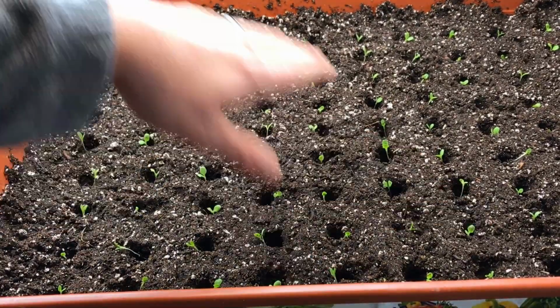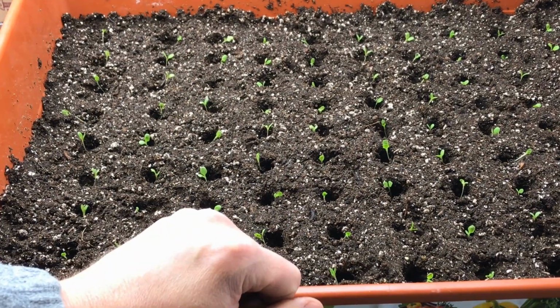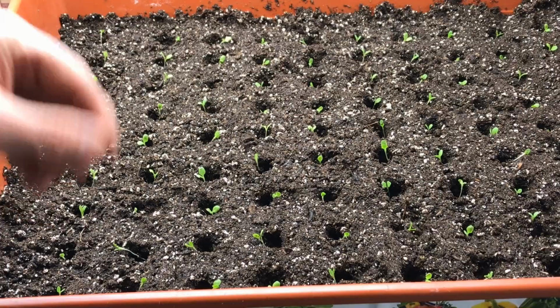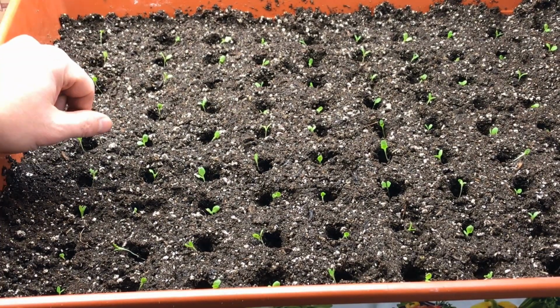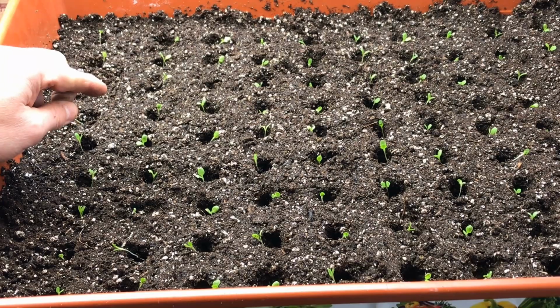I'm going to hit it with my liquid fertilizer, nitrogen, to help it with any kind of transplant shock, and then wait a couple days. Once they're pretty well recovered, I'll hit them with the Mint lighter weekly feed, and then water that in. Actually, what I'll do with the weekly feed,